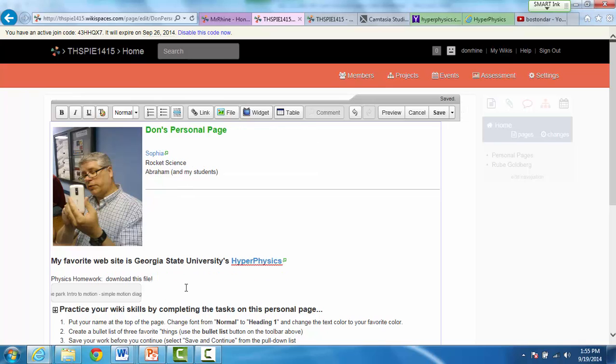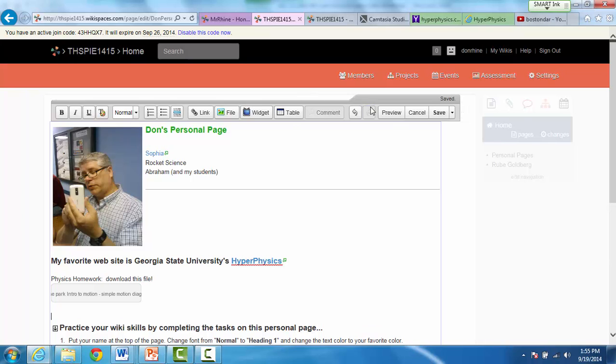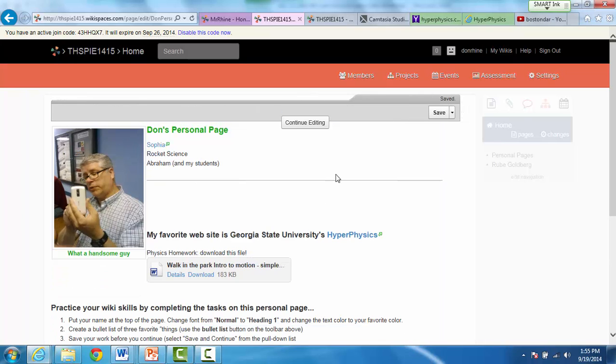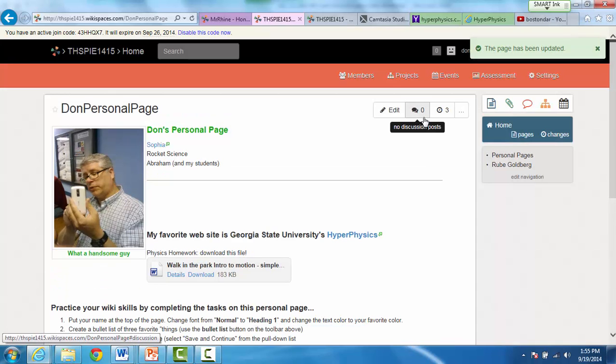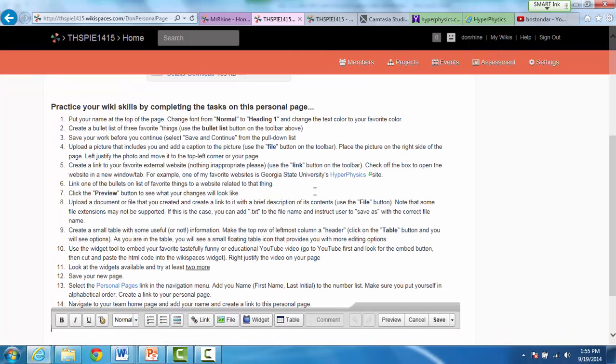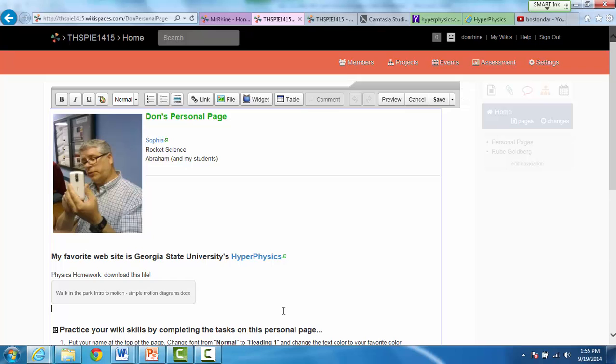So there it is. Now if I preview this, you'll see it a little bit better. And there it is. When I preview, it shows you the type of file it is and the name and gives you some links to download it. All right. The bell's about to ring here, but that gives you an overview of how to get your wiki page started. The rest of the steps, I ask you to insert a video. And so I can go in here and